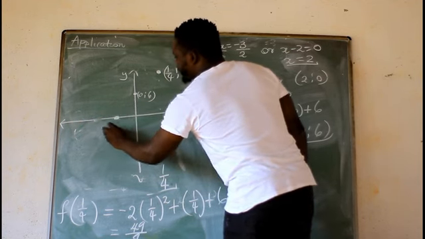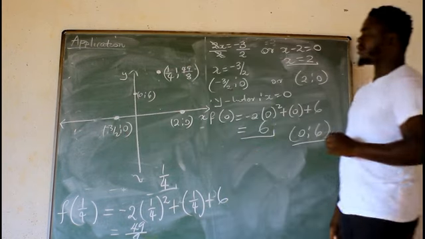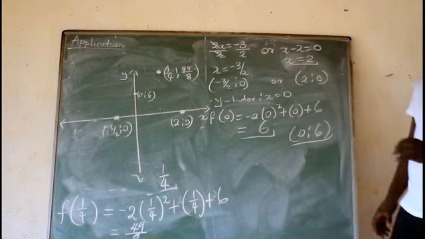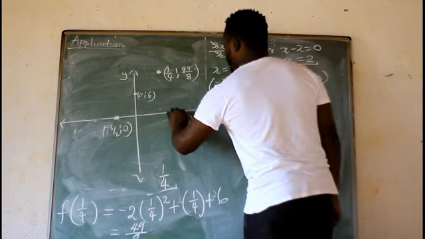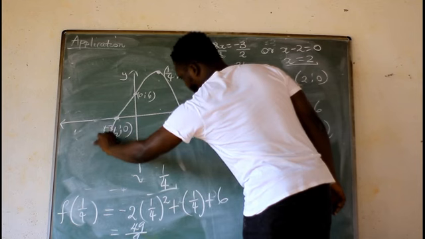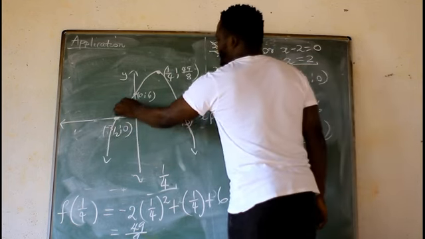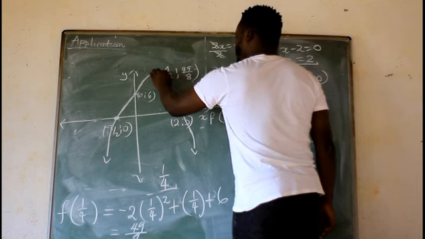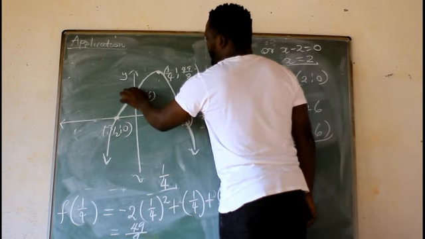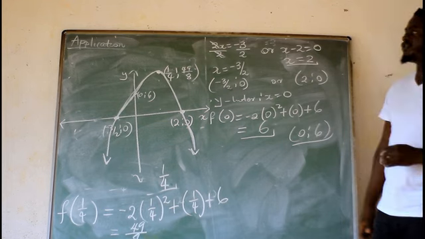This one is minus 3 over 2 and 0, a small value. Now, you are going to sketch that graph. You use your free hand. You don't have to use a ruler. For the parabola, you have to show that it has the turning point. That is how you sketch that graph. This graph is called a parabola graph.